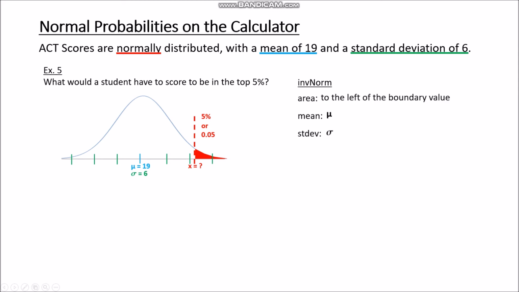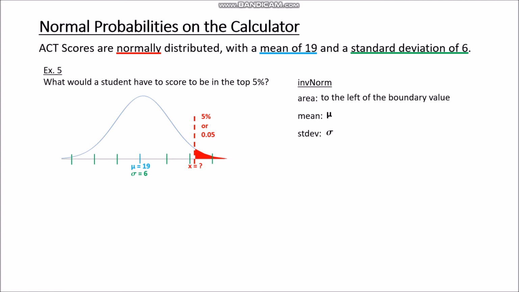Well, the area means the area to the left of the boundary value. Well, they didn't give us the area to the left of the boundary value. They gave us the area to the right. They said we want the top 5% or the top 0.05 area. So if we want to get this left area, we need to use that idea from